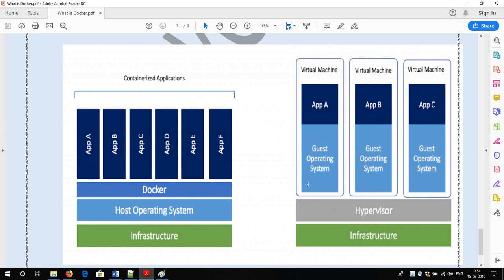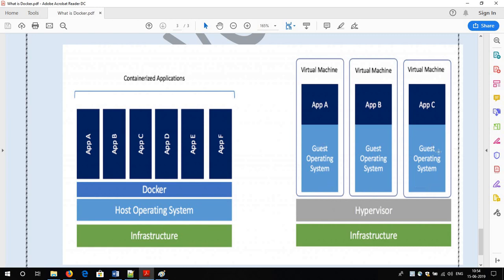So here we are provisioning the operating system. There is one difference between Docker and a virtual machine. In a virtual machine on top of the hypervisor, suppose I have provisioned 5 virtual machines. Every virtual machine will have its own operating system. Suppose I provisioned Ubuntu, here RHEL, here Oracle Linux.